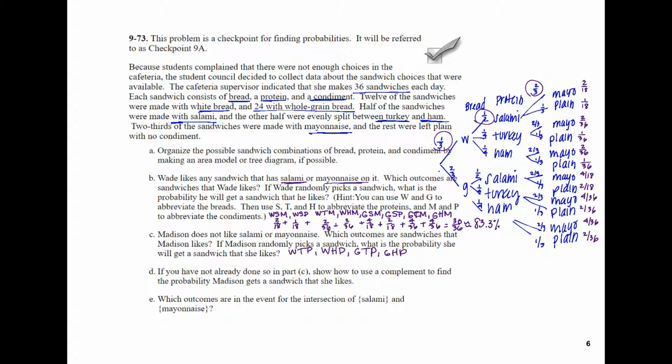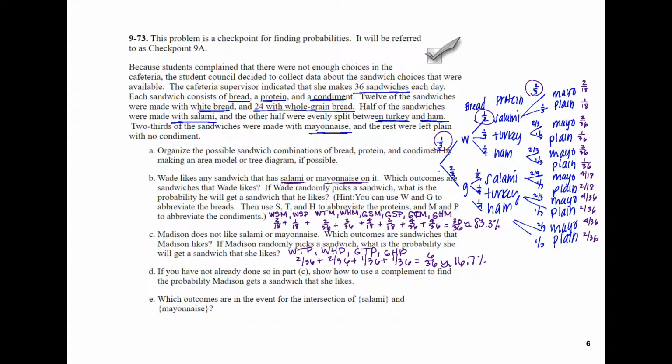So we have 2 out of 36, 2 out of 36, 1 out of 36 plus 1 out of 36 equals a 6 out of 36 chance, which is approximately